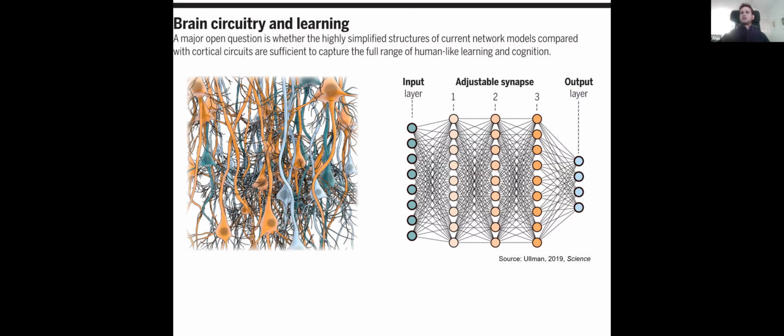And the feed-forward structure that we're all quite familiar with, where you have input layers into hidden layers, into an output layer, where information flows in from the left, goes through these layers and out to the right, is an inherent approach in AI. There is some recurrence that can be introduced, but even that's quite a simple method. And this is highly different to biological neural networks. We see a very different structure, and a very different kind of functionality even in these recurrent networks. And so the question is,